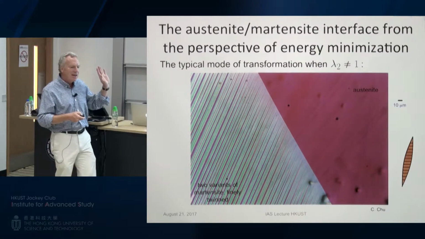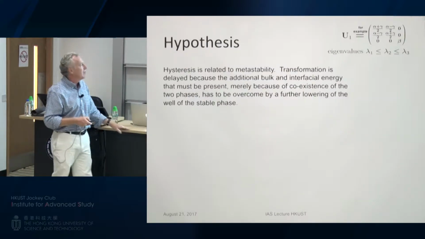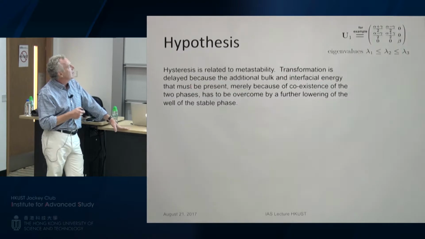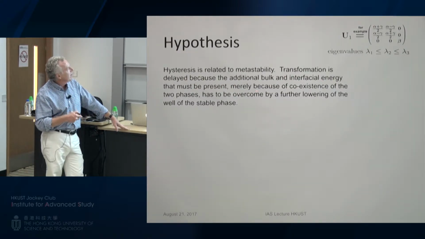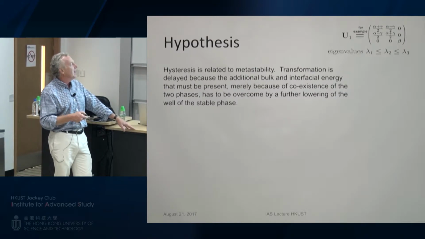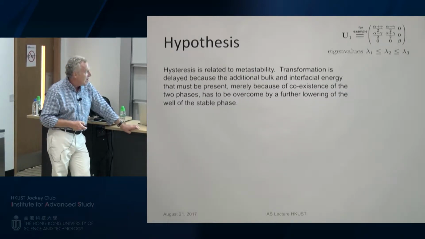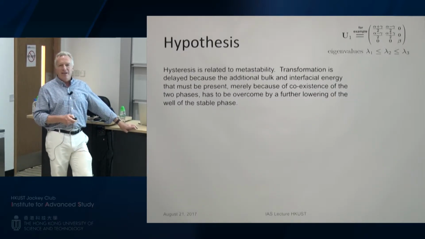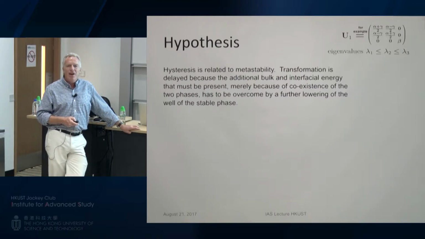Okay, so that's a kind of energy barrier explanation for hysteresis. Transformation is delayed because the additional bulk and interfacial energy that must be present merely because of the coexistence of the two phases has to be overcome by a further lowering of the energy well of the stable phase. Great. And you could study this theoretically, but of course there's a very simple experimental thing you can do,